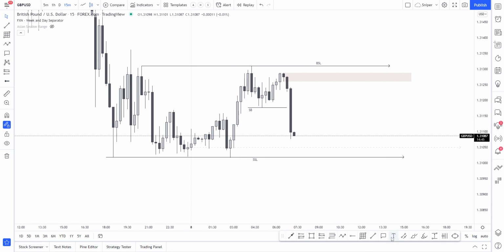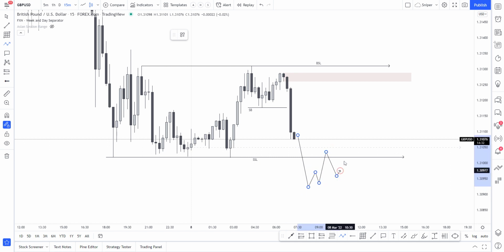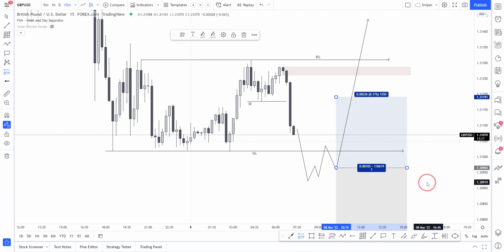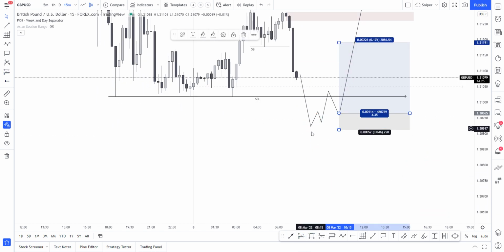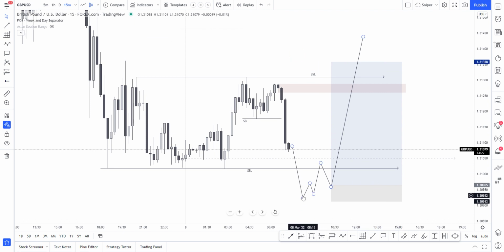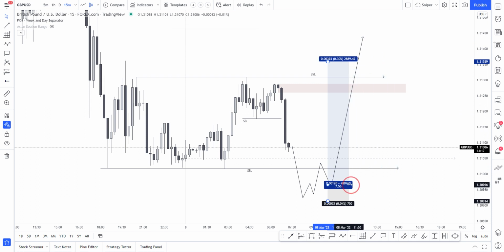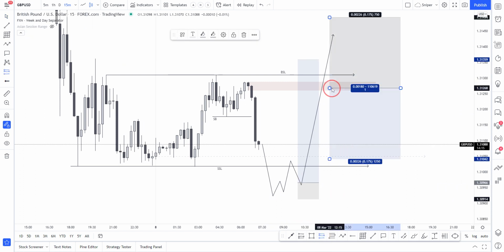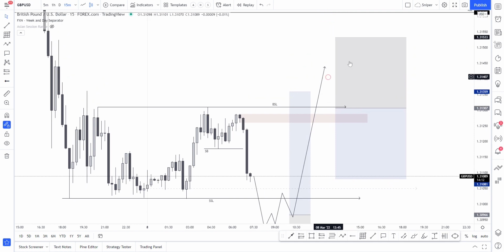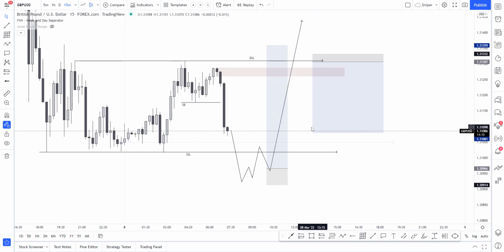The alternative is, if price is now inclined to go lower and grab the liquidity on the sell side, then the expectation would be, if we get a reversal, to see price go lower and then create a reversal pattern and then take it and target the upside. So this would be the right idea if we get all the ingredients. I'm not just going to buy down here. There are things that need to happen. But this is the right idea for the longs if we get confirmation, and then the short ideas if we get the same confirmation as well. So those are the two